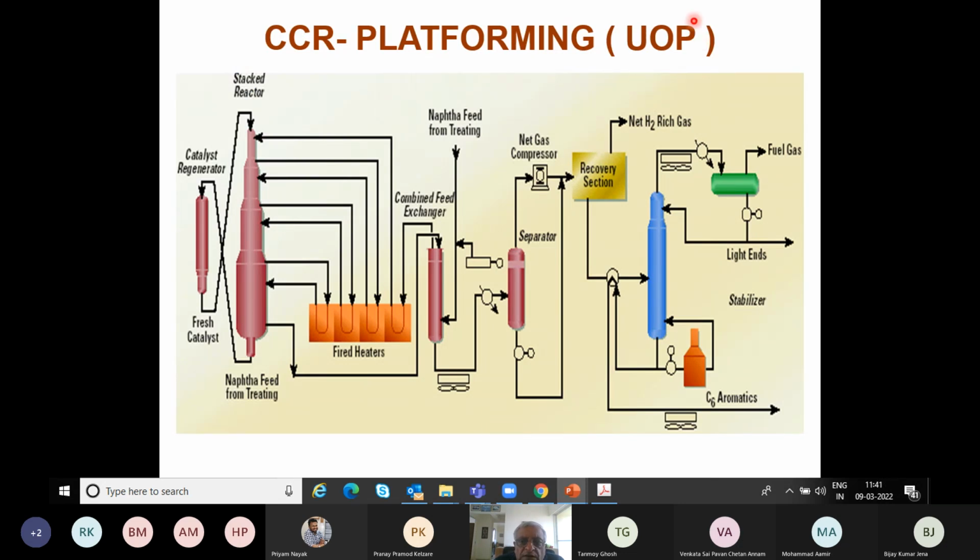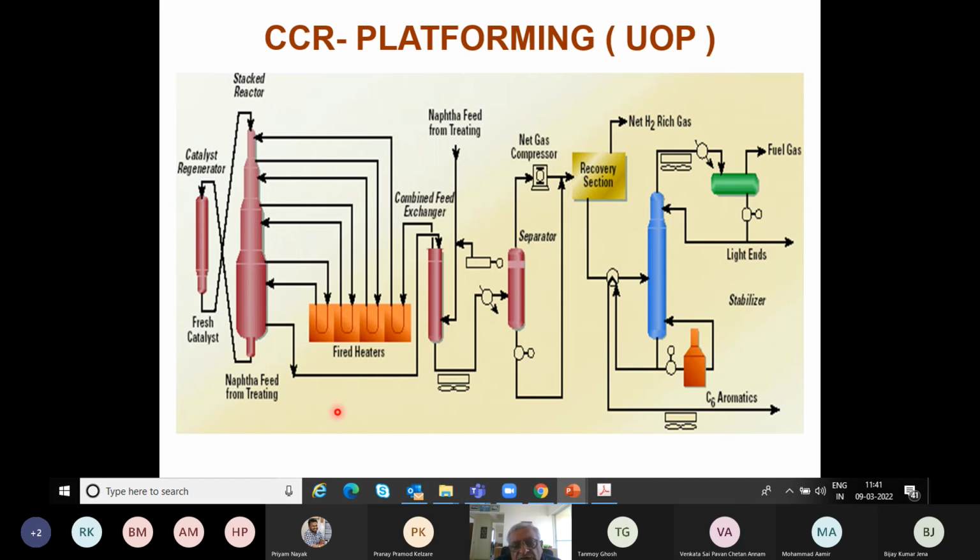One of them is UOP, which is an American company located in Chicago. They are more than 100 years old now in the oil industry and one of the most inventive companies in the world. In fact, if you recall, when I was giving you the introduction on catalytic reforming, the scientists at UOP actually invented catalytic reforming. So we have to thank UOP for inventing this technology right in the beginning, in the early 40s. In fact, UOP was the first